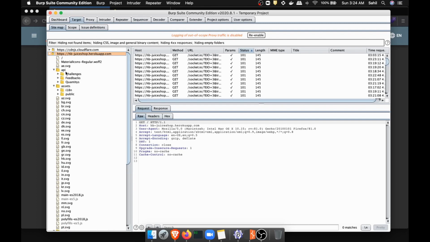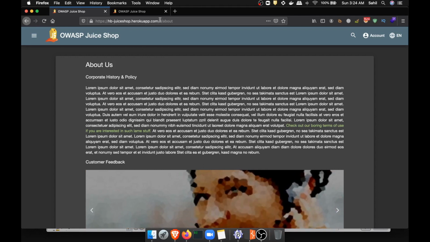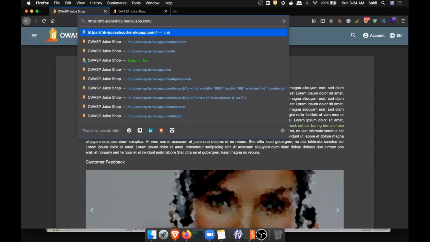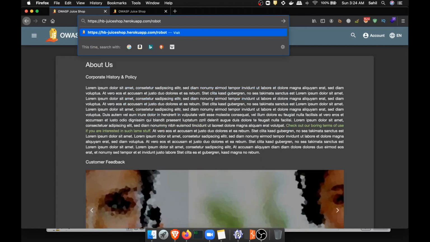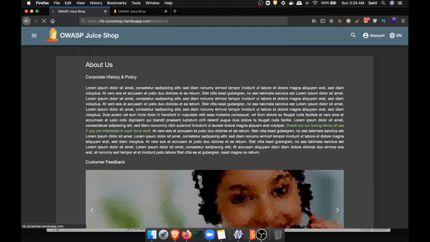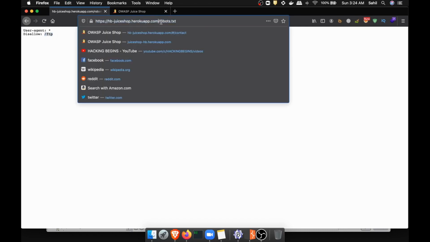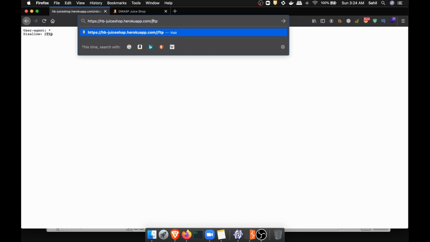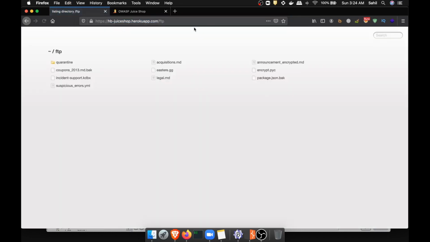So I think we need to build our sitemap again. Let's see one thing. What I do on most websites is always find the robots.txt to see if we have found anything. And the very interesting thing that I found here is /ftp, which is really good. Let's open up this particular path and see what we are getting. Okay, that's interesting, and this is definitely something very unique. So there is an FTP option,